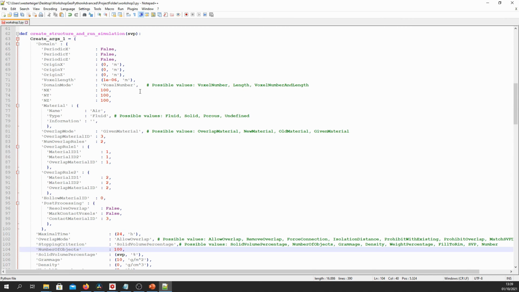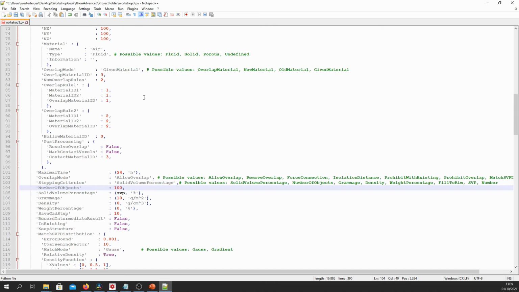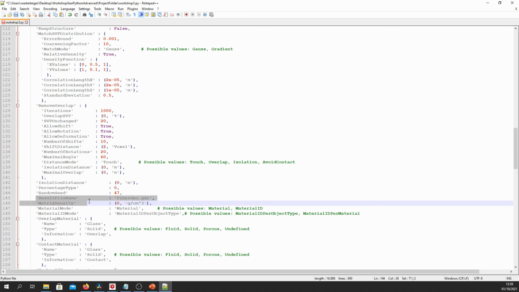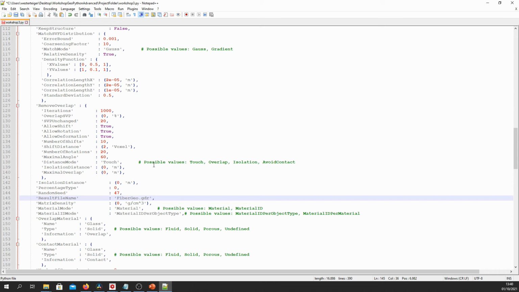And one more thing that we would like to do in order to keep our results separated is we want to make the result file name also a function of this SVP value. So we go and find the result file name line here, which is called FiberGeo.gdr, which is the default for FiberGeo. And we add an F, small f, in front of this first quote.